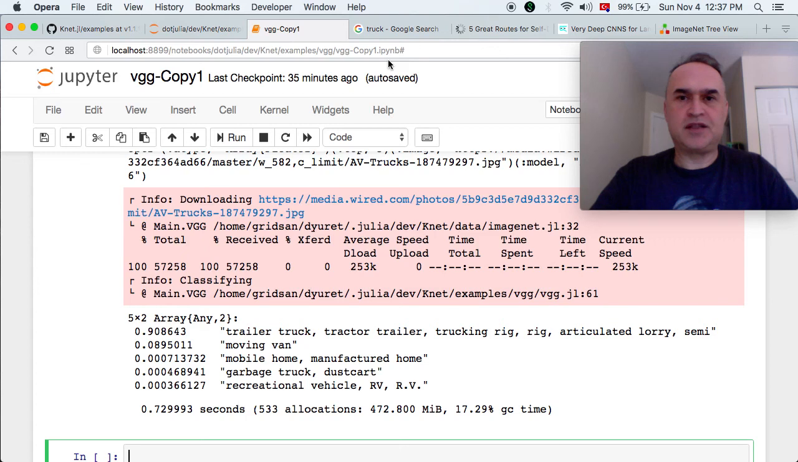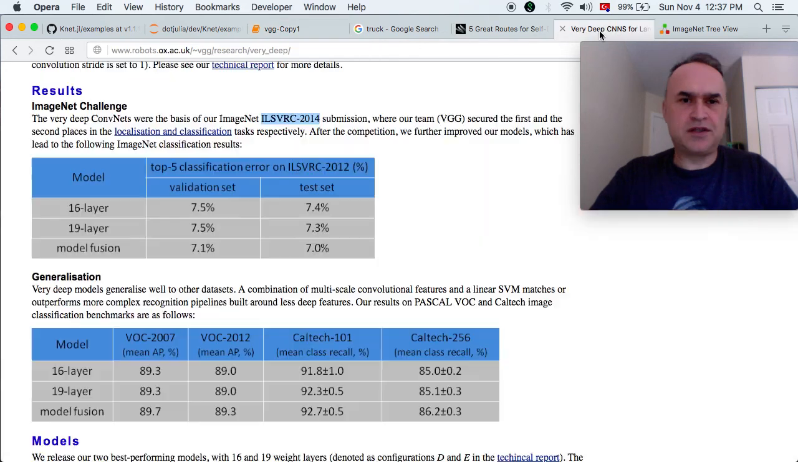The accuracy of this particular model on the official ImageNet challenge test set is about a 7.5% error rate, but note that this is a top 5 error rate, so basically there's a 7.5% chance of not having the correct category in the top 5 listed, as we saw in the